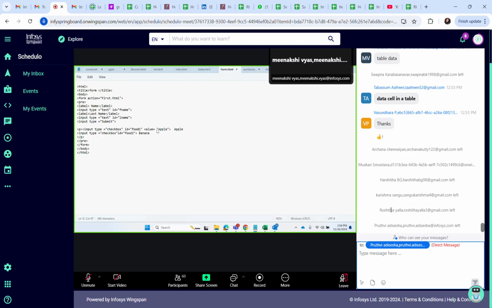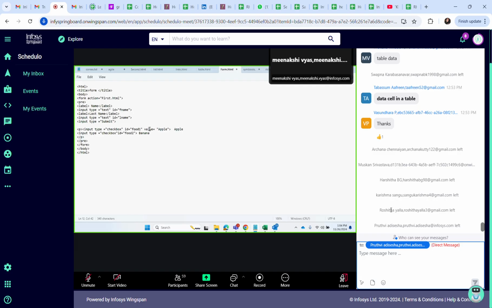So whenever you are writing input type, there is a type which you are using. There is an ID, which ID is there. Then there is a name, what is the name for this particular checkbox if you want to refer to it or apply some formatting. And what value will go to the database whenever I click here, what is the value which will go in the backend. That is what is written, right?